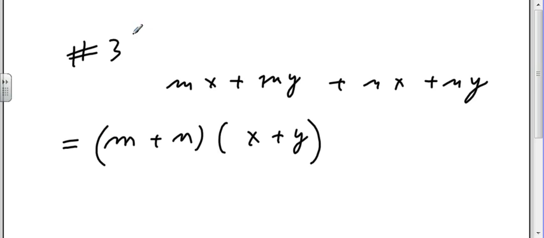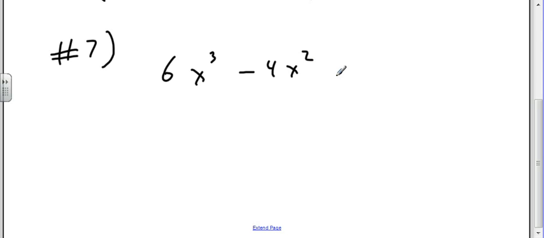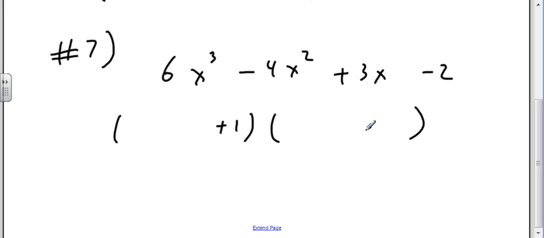I don't know. We're going to drop down to 7, but I'm sure I can write the problem down right. 7. 6x cubed, 4x squared, 3x minus 2. Well, it doesn't appear to be the difference of two cubes or the sum of two cubes. So that means it must do something like that. And I'm probably going to need a plus 1 and a minus 2 probably. But how am I going to get